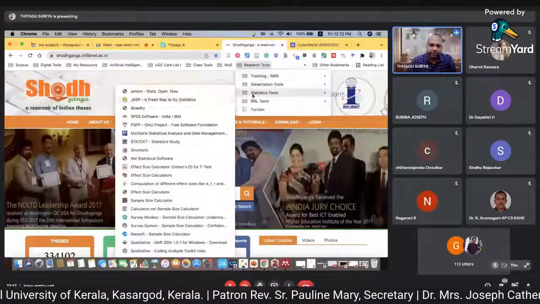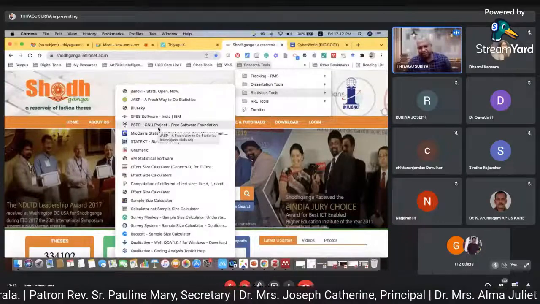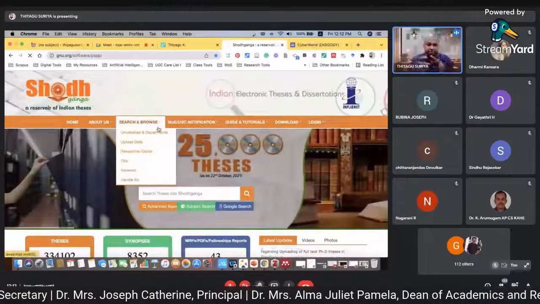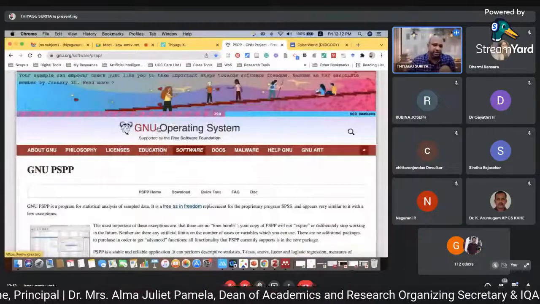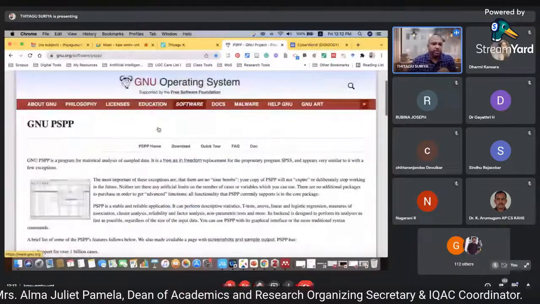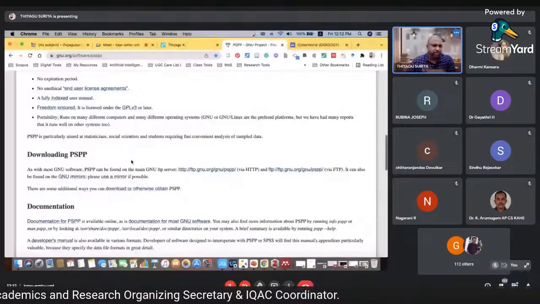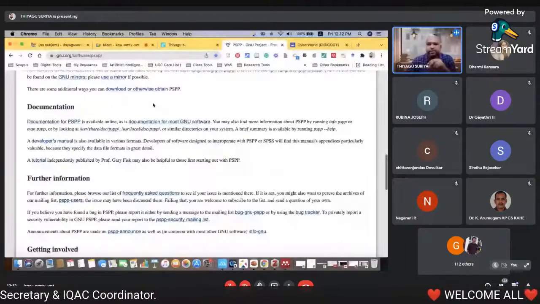Similarly, if you would like to go with another one like PSPP, this is another free software like SPSS, but advanced features are not available. The same interface view of SPSS is available. Even some people previously used PSPP. It is a downloadable software. You have to download the software from the download page. After that, you can install it. Then you find the same view as SPSS. So similarly, the other tool,